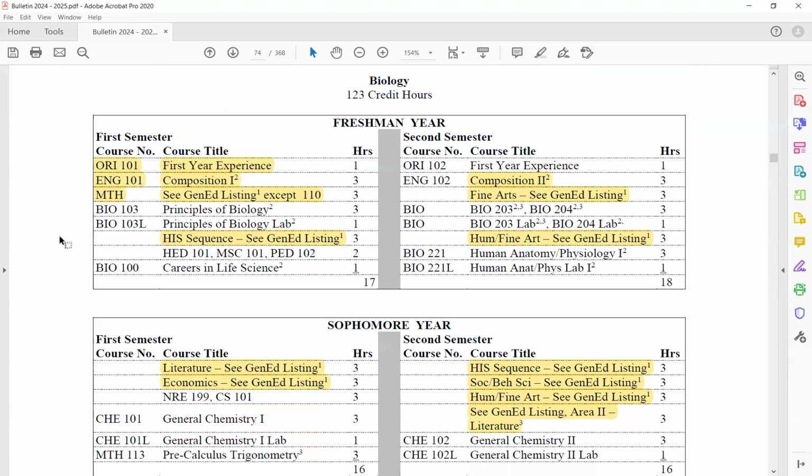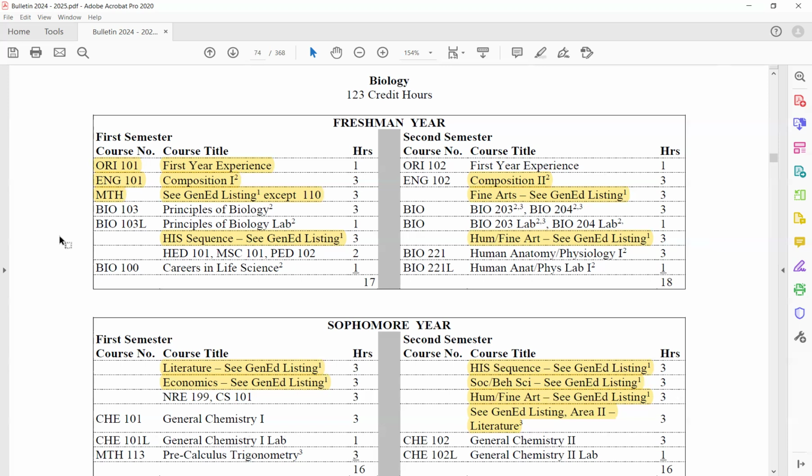Essentially, your undergraduate bulletin is a guide. It provides you with all of the courses that you need to meet the graduation requirements here at Alabama A&M. What I've done is taken the time to highlight those general education courses that we just talked about. So you'll see your orientation 101 course, which is required for all first year students. This course is designed to help you learn more about the institution and learn how to navigate campus life here at Alabama A&M. English 101, which we talked about as one of the written composition general education requirements, your math,